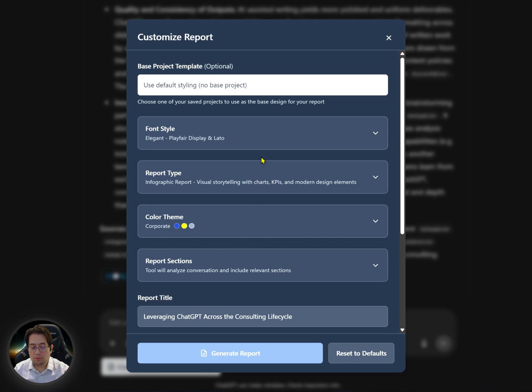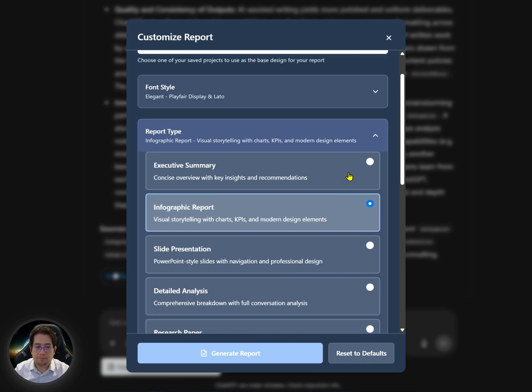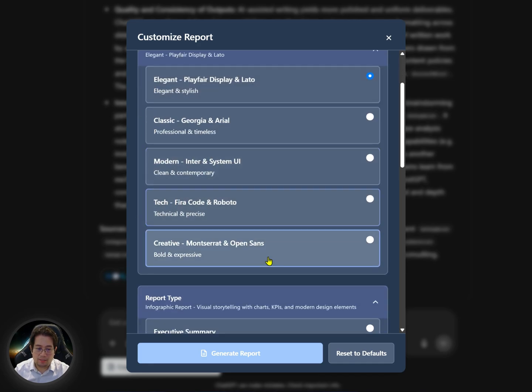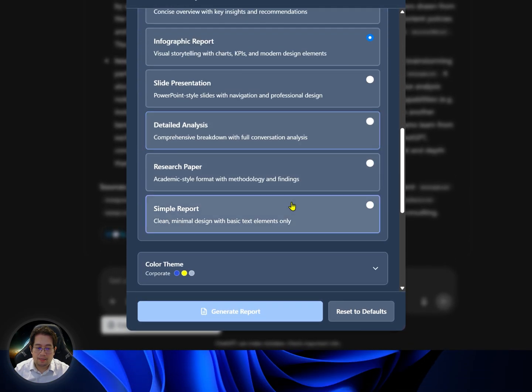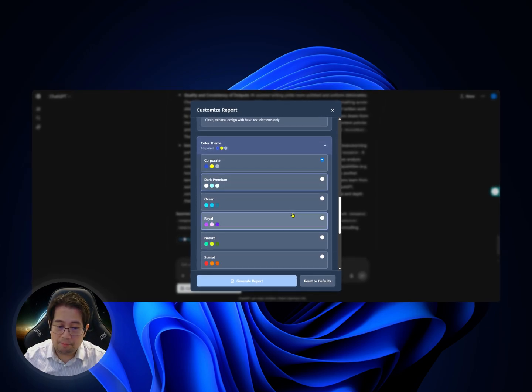So when I'm going to generate a report, I just want to, let's say, create an infographic, right? And the font style I want to use is, let me see, the modern, contemporary style. And then the color theme is I always want my web pages to be dark.